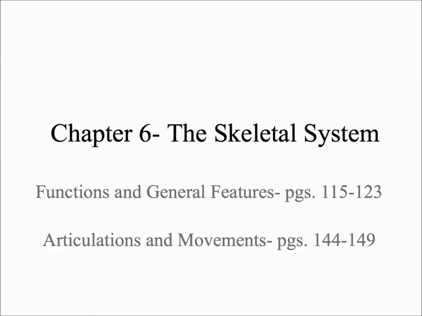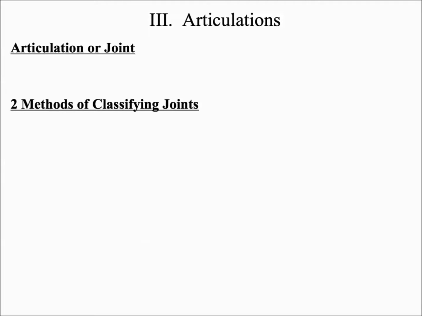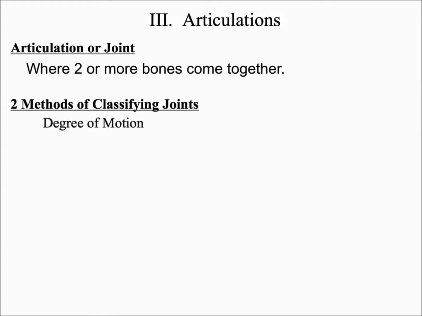So in the next section of the skeletal system, we're going to talk about articulations and movements. An articulation or joint is where two or more bones come together. And there are two methods of classifying joints. The first method is by the degree of motion, and the second method of classifying joints is by what fills